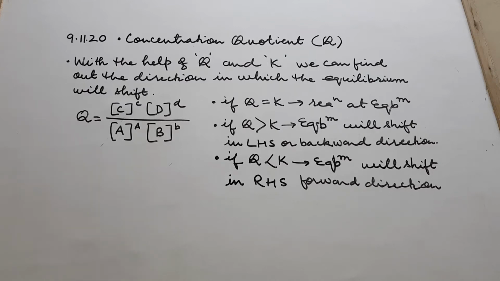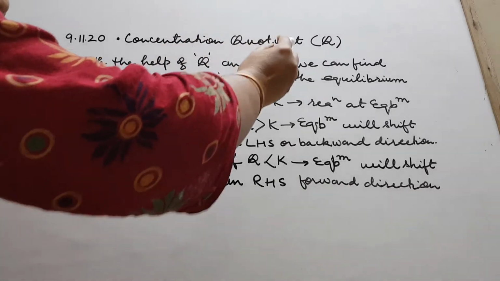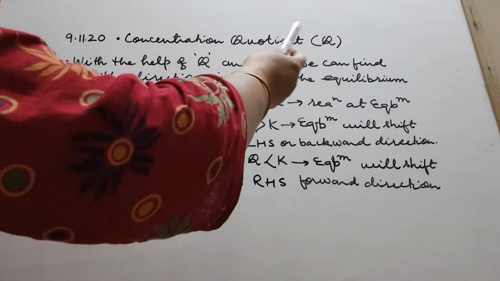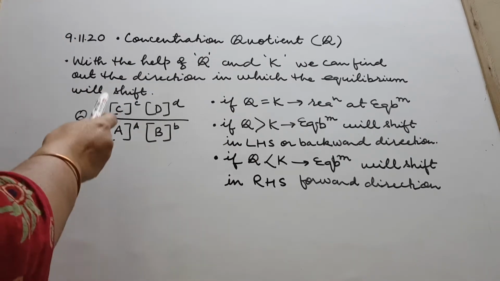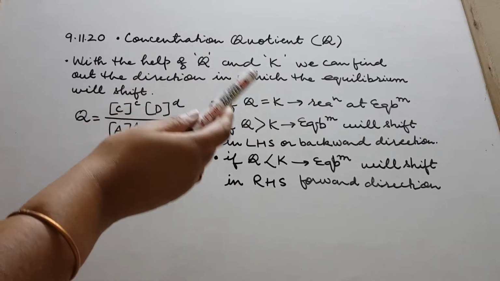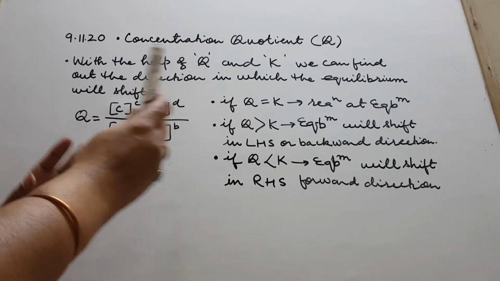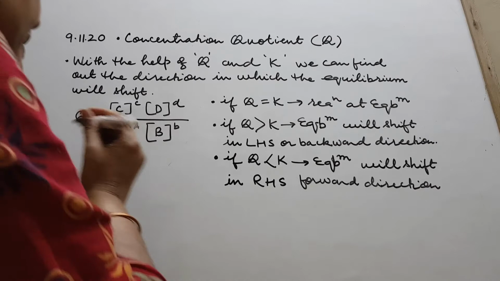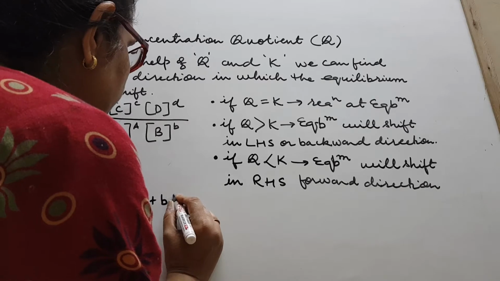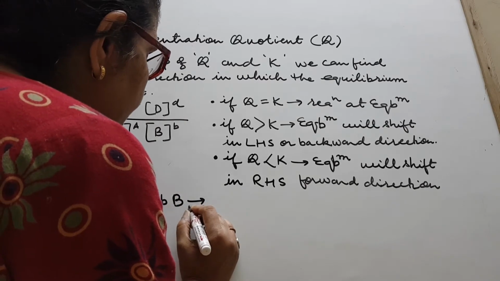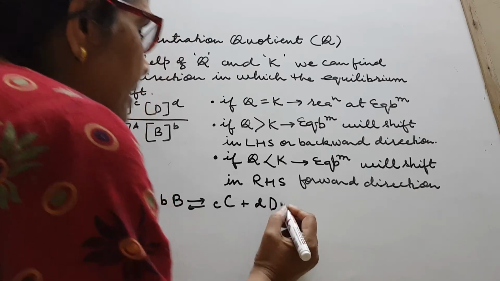Now children, in this video, we will study another new term known as concentration quotient. It is shown by Q. In short, it is nothing but simply the ratio as we used to have in case of equilibrium constant K, P upon R. If the reaction is aA + bB giving you a reversible reaction cC + dD. Suppose this is the reaction.